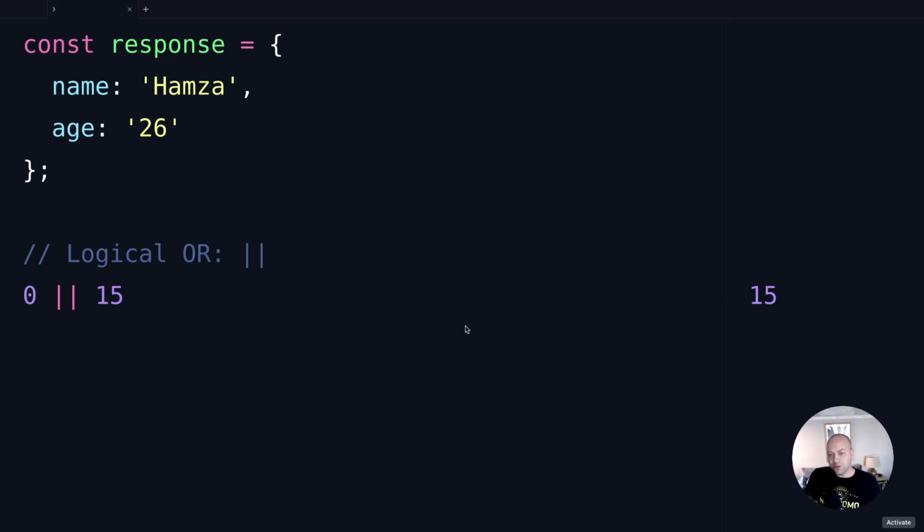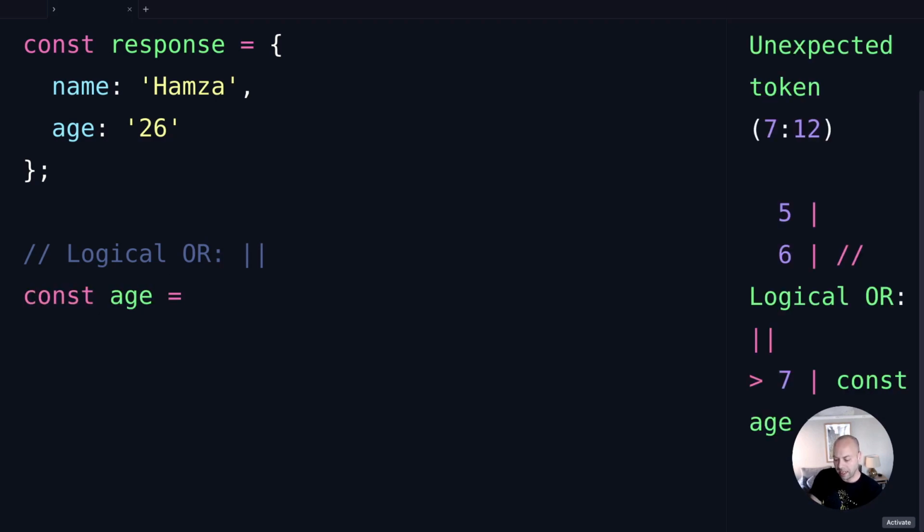Well, it can be really useful for providing default values if you get a property on an object or any other value in a variable which is falsy. So let's take a look at a quick example here. Let's say we have this response object that's come back from an API or some other kind of source, and we want to get the age, but we want to parse it into an integer so that we can use it within our code. So we might write something like this. So the age is equal to parseInt